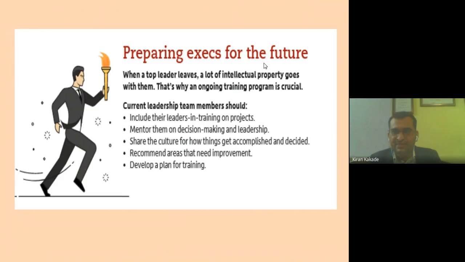Mentor them on decision making and leadership, share the culture for how things get accomplished and decided, recommend areas that need improvement, and develop a plan for training. So this is the part of a management development program, which is a small part of succession planning: how you are developing the leaders and how you are taking the benefit of your existing leaders to groom the future leaders. Okay,